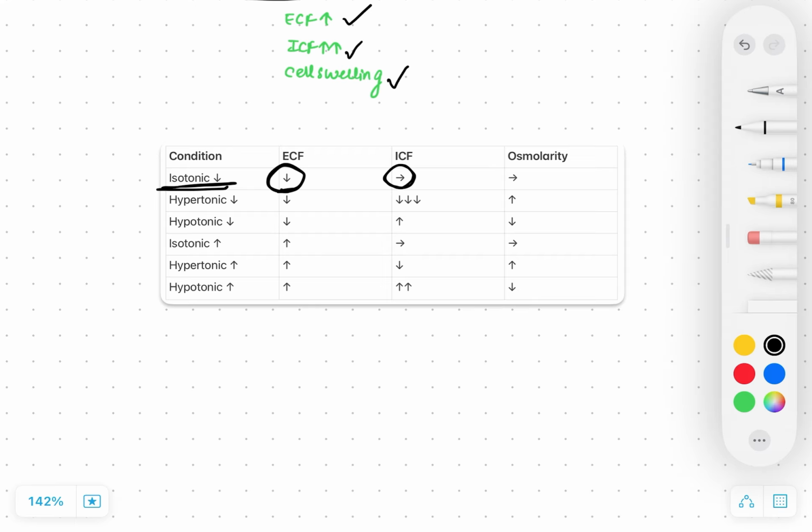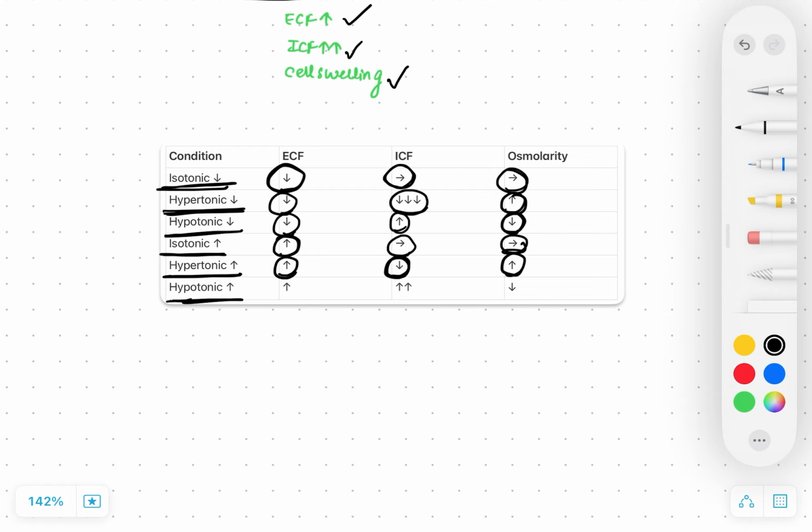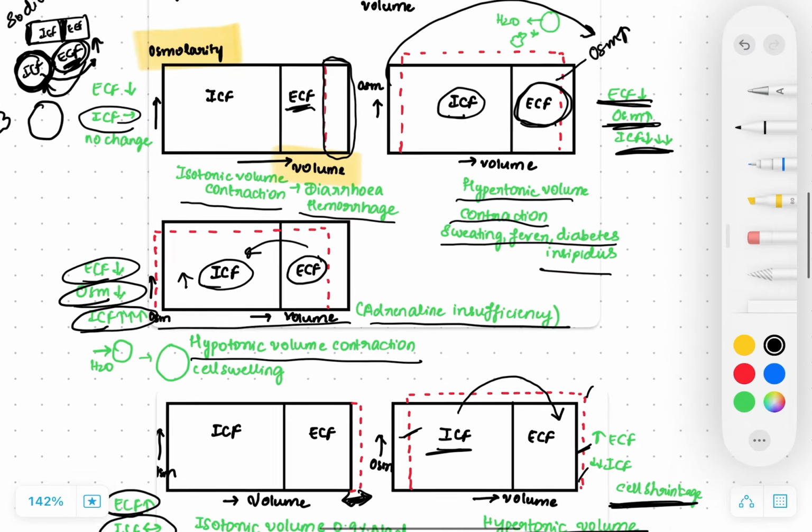Next, coming to isotonic volume expansion, the osmolarity will be normal, so it causes only ECF expansion, and ICF will be unchanged. In hypertonic volume expansion, if we give hypertonic saline, the osmolarity will be increased. This causes cell shrinkage because water will move out from the ICF, and ECF will be increased. If we give hypotonic saline, like water or any solution containing less solutes, this causes osmolarity to reduce and causes ICF volume expansion. Because the osmolarity is reduced, water will move from ECF to ICF, so the ECF is increased, ICF is increased, and osmolarity is reduced. So these are the important points in this